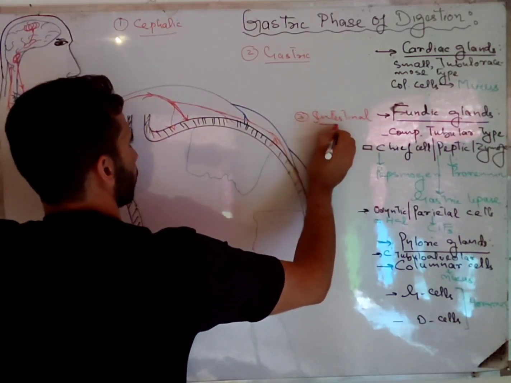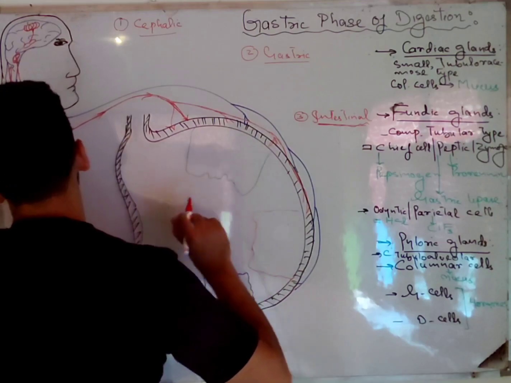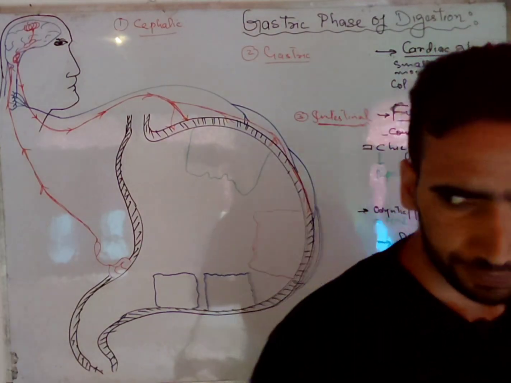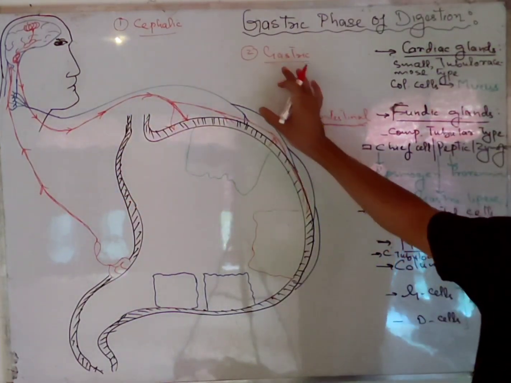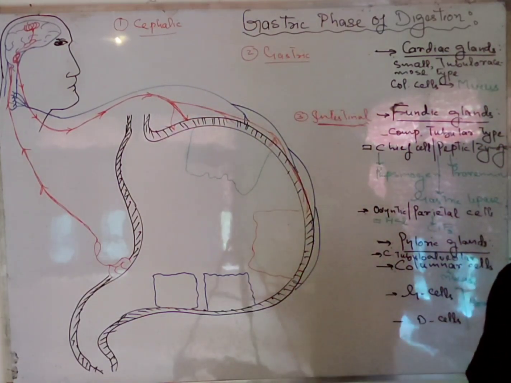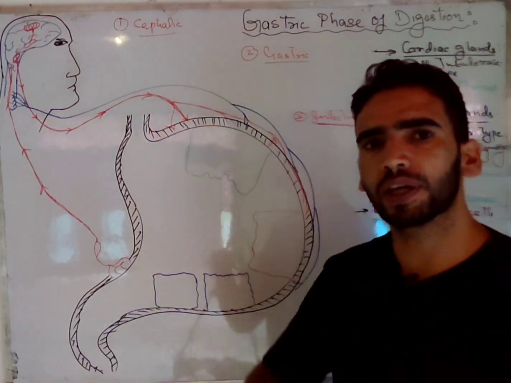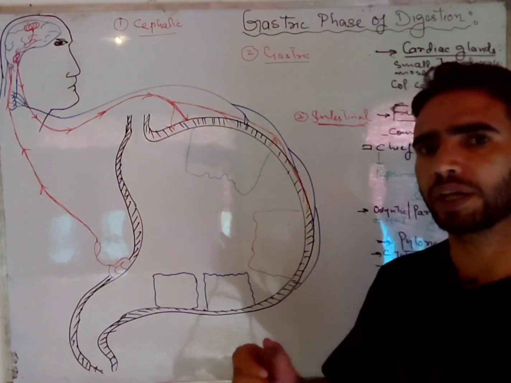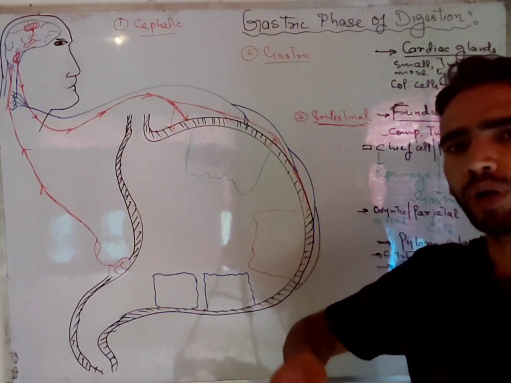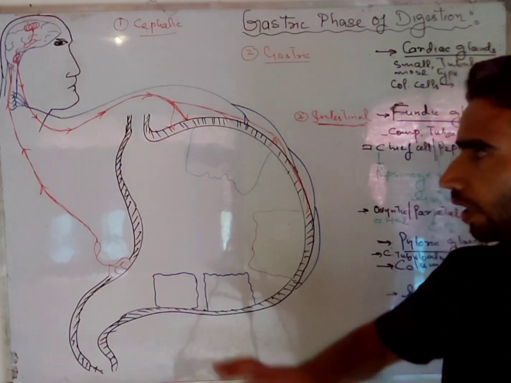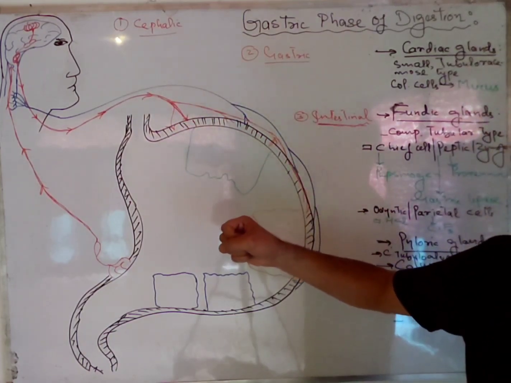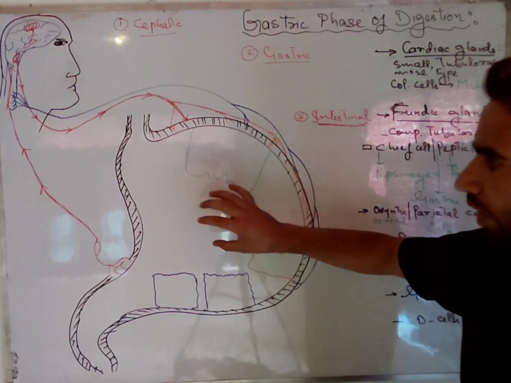What we are saying is that, so far as the mechanics of the nervous control of our gastric secretion is concerned, we have divided all that control into three important phases. Number one is cephalic, number two is gastric, and number three is intestinal. The cephalic phase takes place before we have incorporated the bolus into our stomach. This phase acts as a preparatory phase for the process of digestion which has to take place